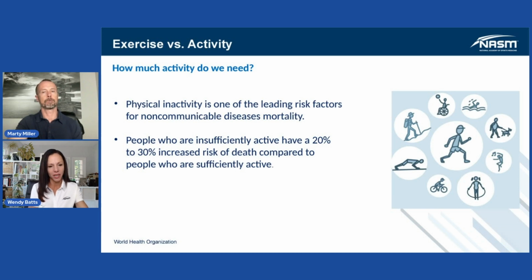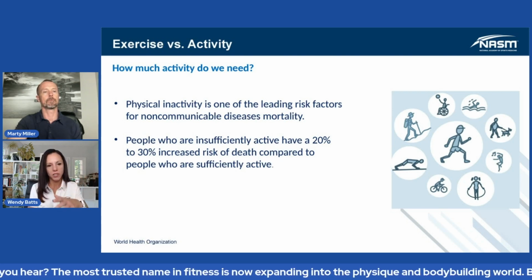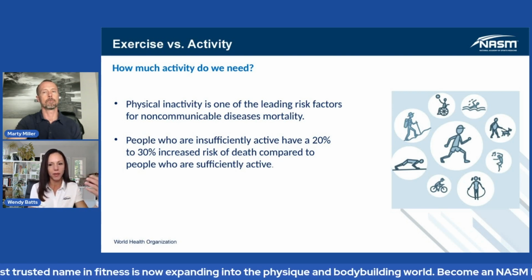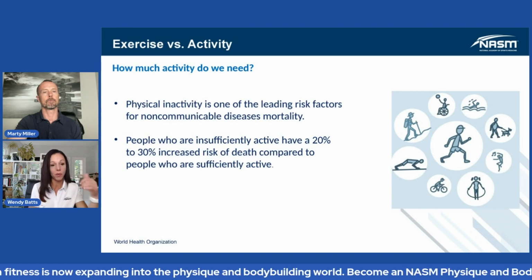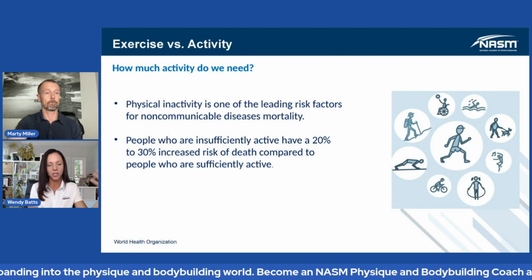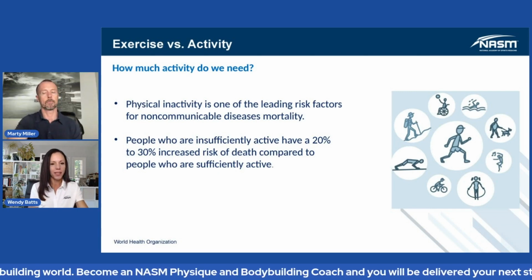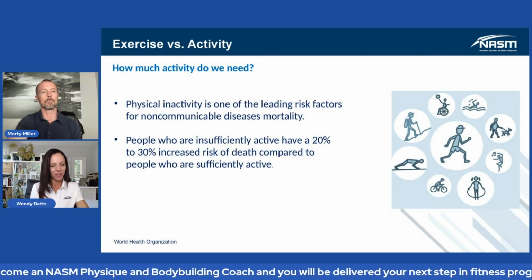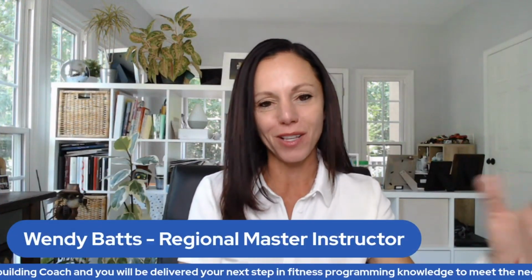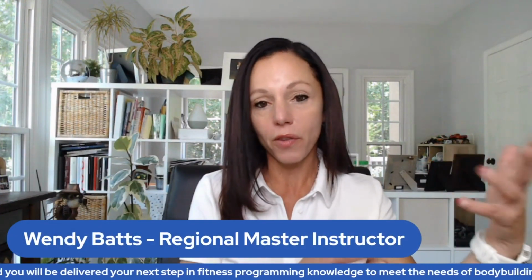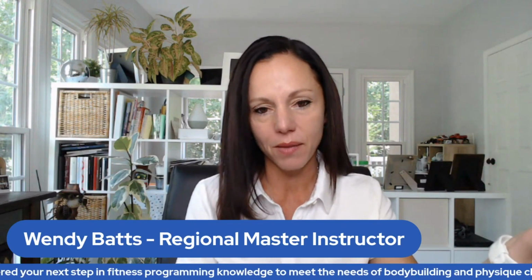Start with an activity they enjoy. Just a brief walk. If they like to go for a swim, especially now that summer's here, if they like to go walk the dog, maybe a little bit longer than they have been, maybe walk at a faster pace and then get into different things. Start with something they enjoy, then sprinkle in the exercises. Again, Marty and I have talked multiple times about accidental exercise and different things that you can do that sprinkle in more bang for their buck when they're doing something.